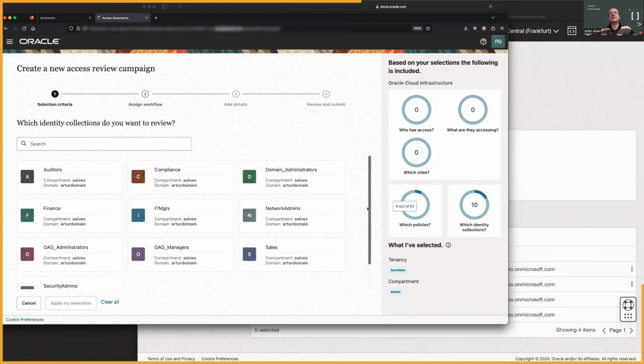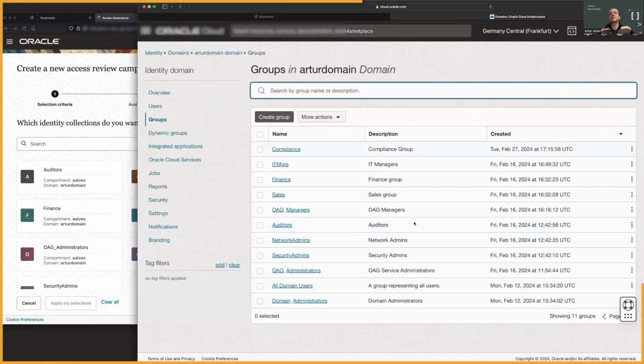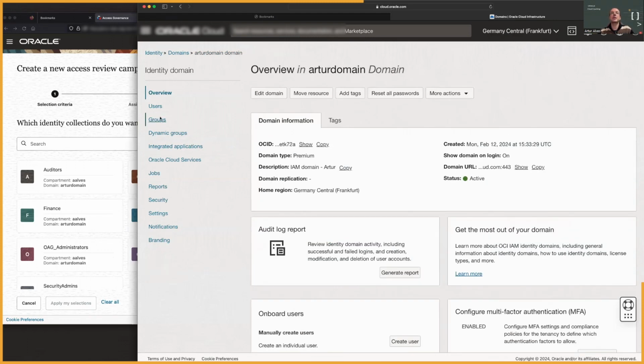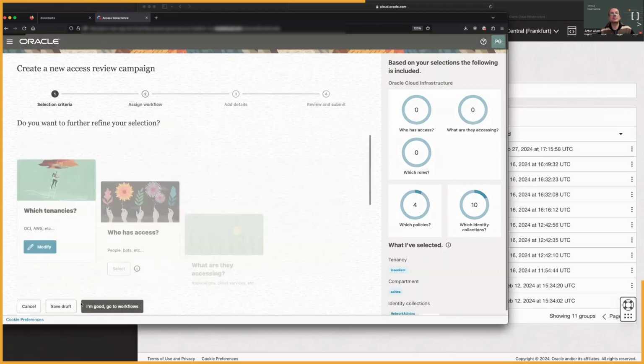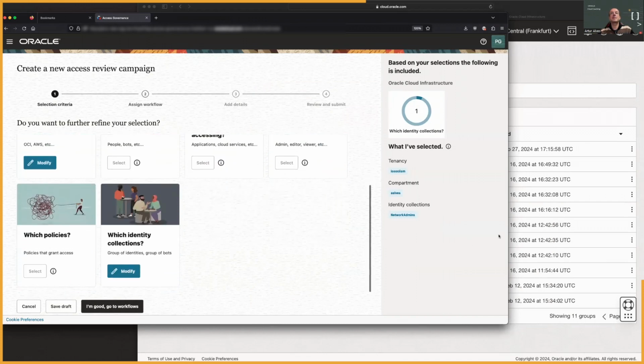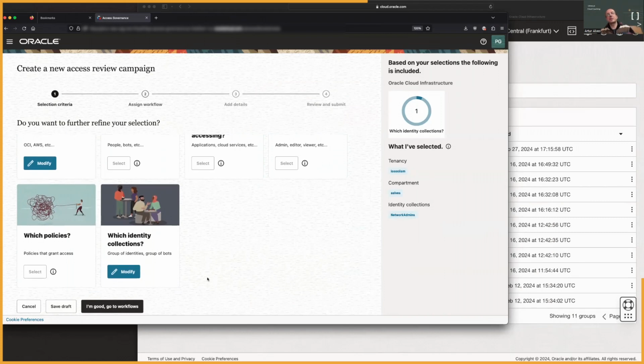As you can see, the groups that show up here are the groups that you see here, because that's how the system is working. So the network admins group, as I said. Apply, you see it here on the right side. And now I'm good. I'm going to the next step, which is to choose a workflow.